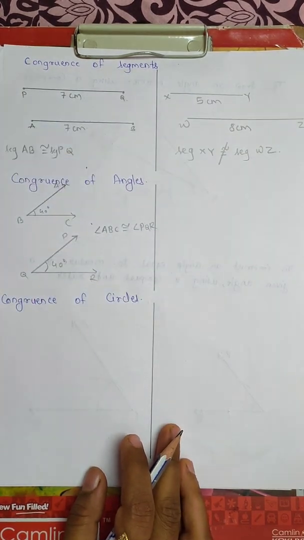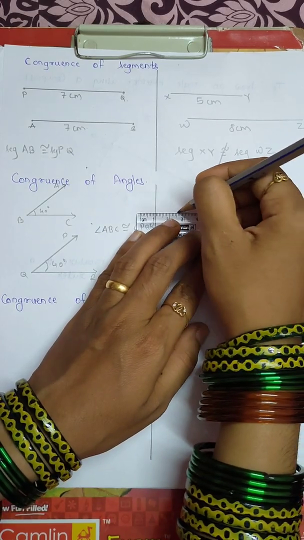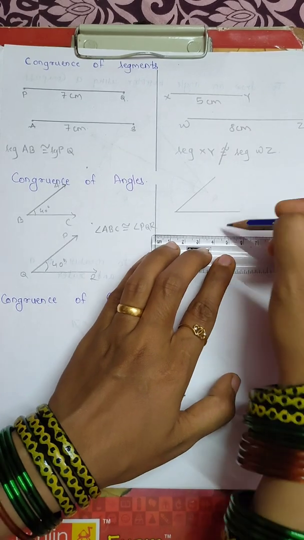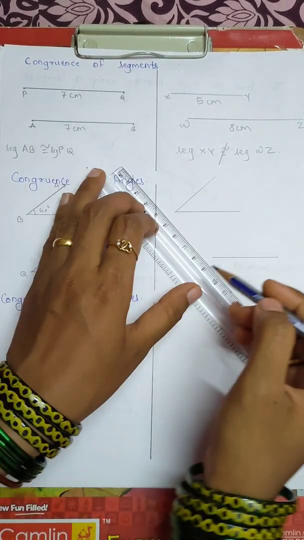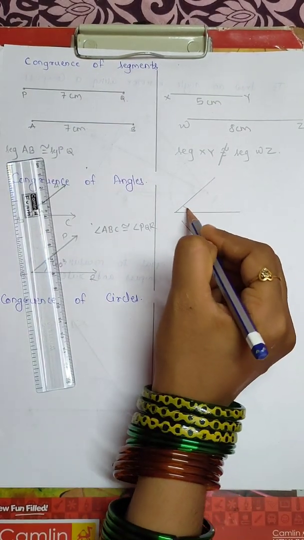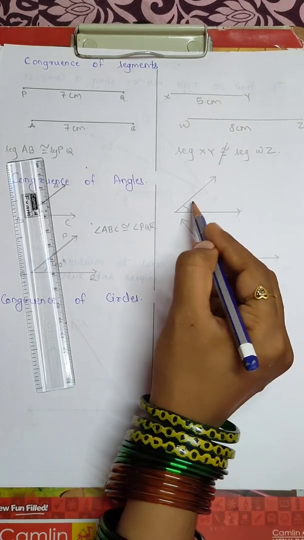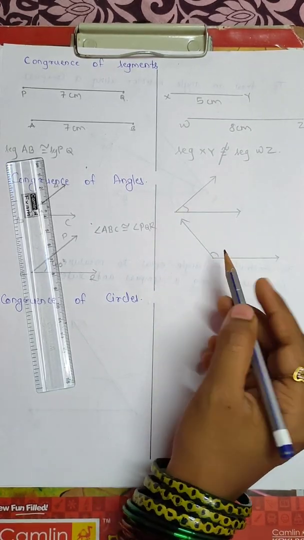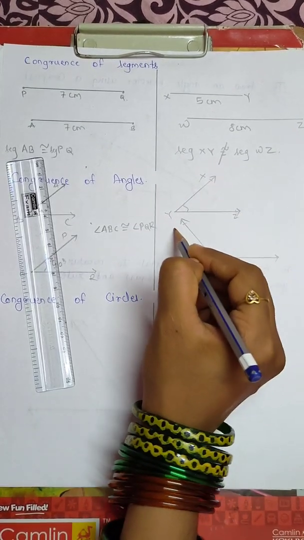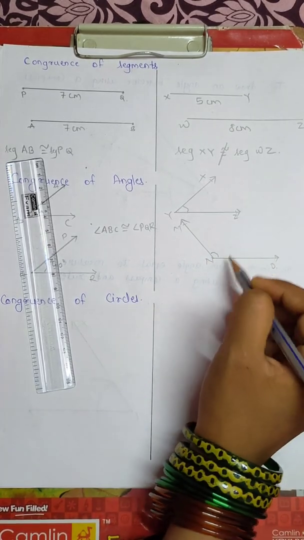If we don't have same angles, we have something different. One angle is like this and another angle is different. Visually, you can see that these two angles are not same. This is acute, this is obtuse angle. Let's say it as X, Y, Z and this as M, N and O. These two are not congruent.